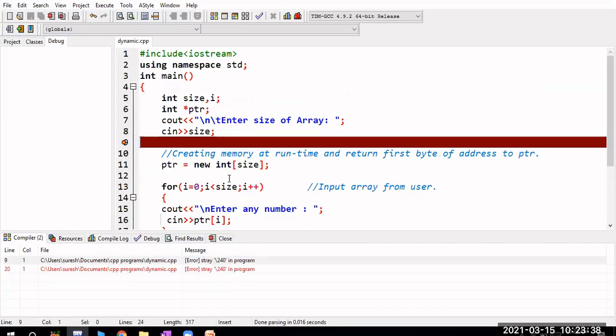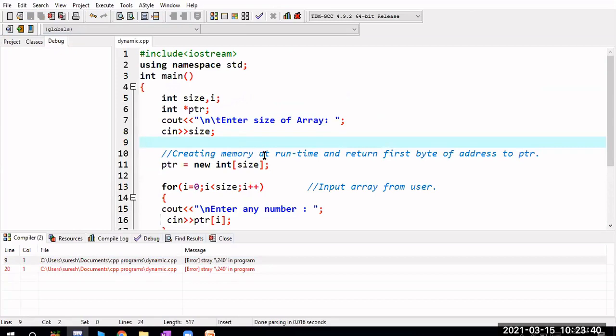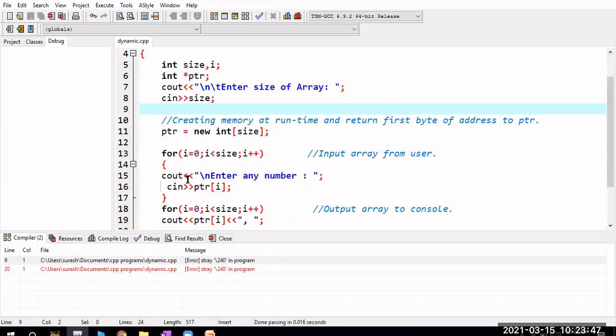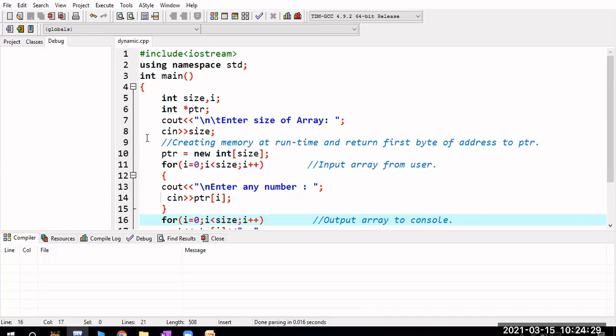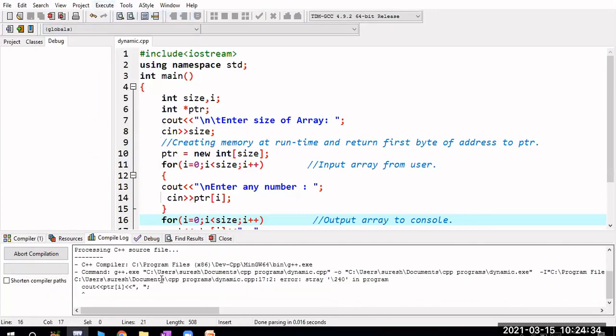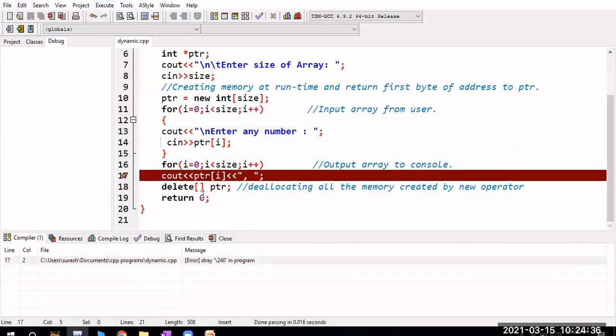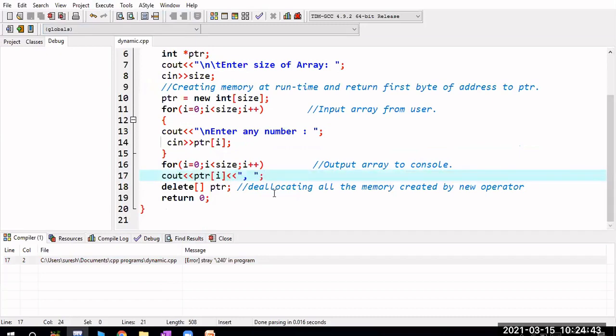Stray \240 in program. cin size, cout enter array size, int star ptr. Yes, sir. Now I will compile this program. cout ptr[i], for i equal 0, i less than size, i plus plus, cout ptr[i].